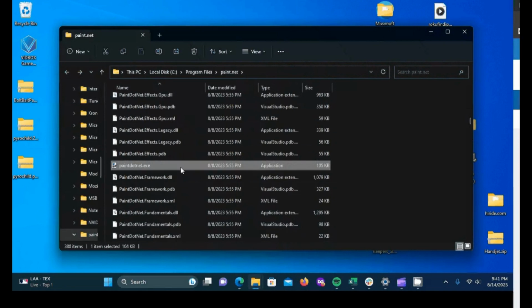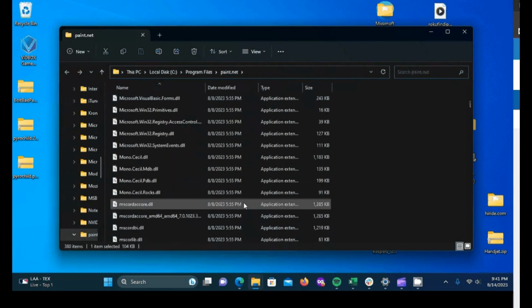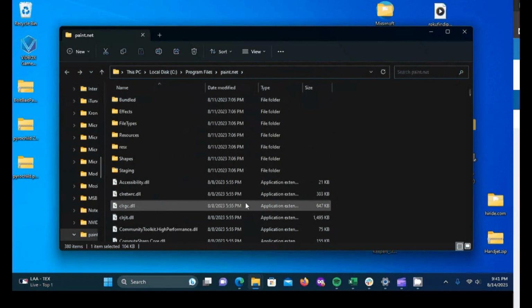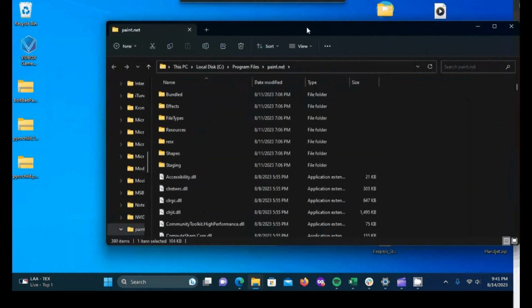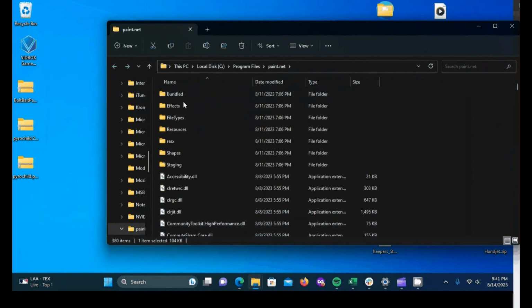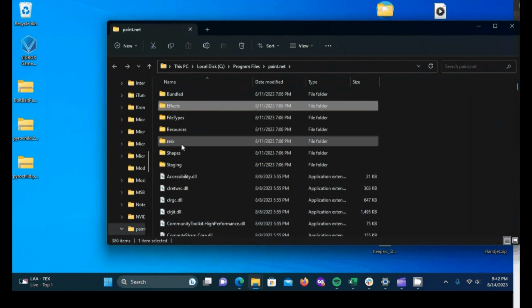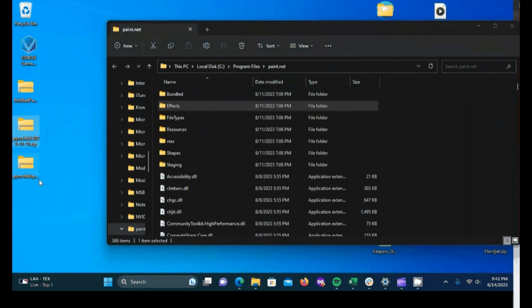And that'll take us, that's where all the magic happens. This is where all of the Paint.net files are located. And this folder is the one where plugins go. It's a folder called Effects, and I have downloaded Pyrochild, Bolt Bait Pack, and